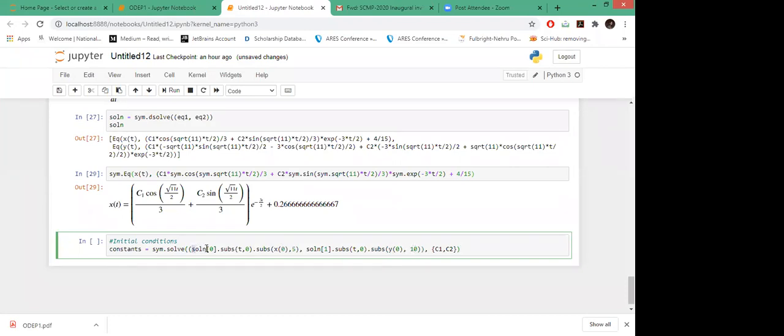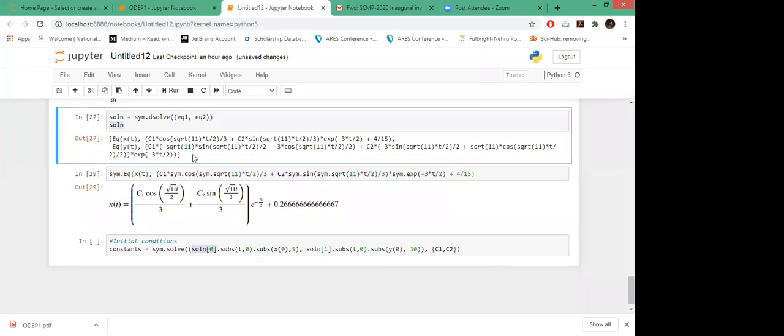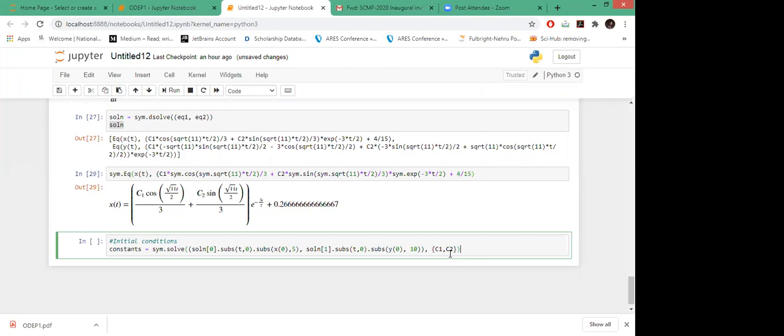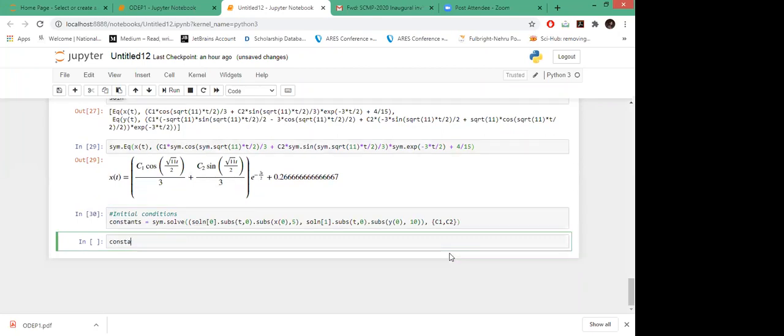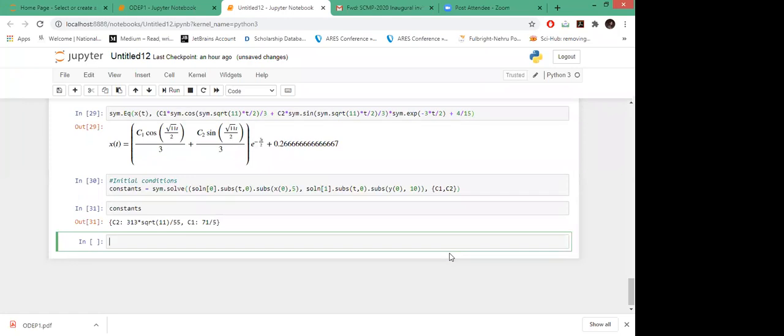Since the solution here is in the form of an array, to access the first solution you write solution 0. It gives you the first element, and then solution 1 for the second element. Then the constants output this. So this is giving you the output in the form: your C2 has this value and C1 is this.